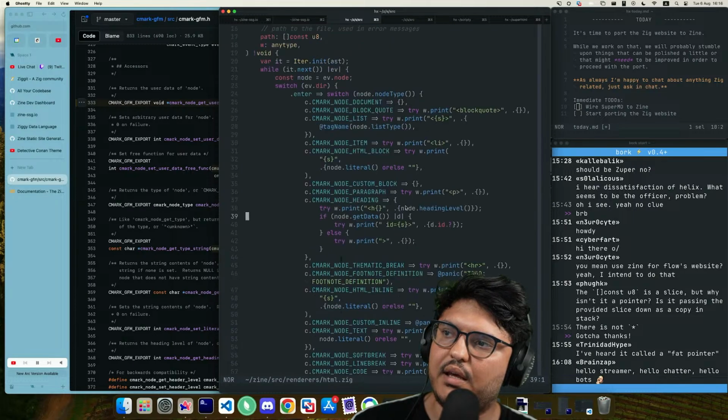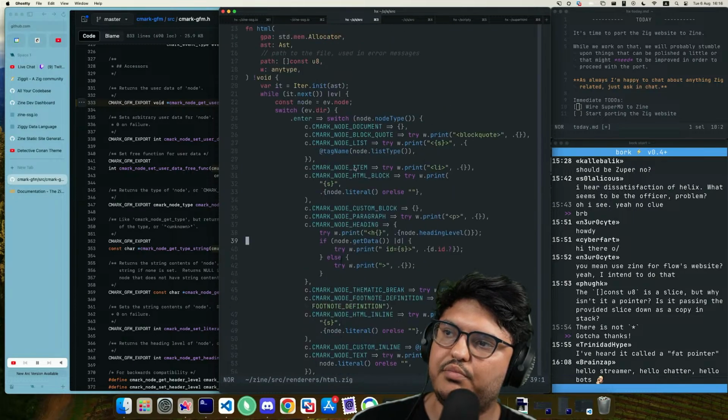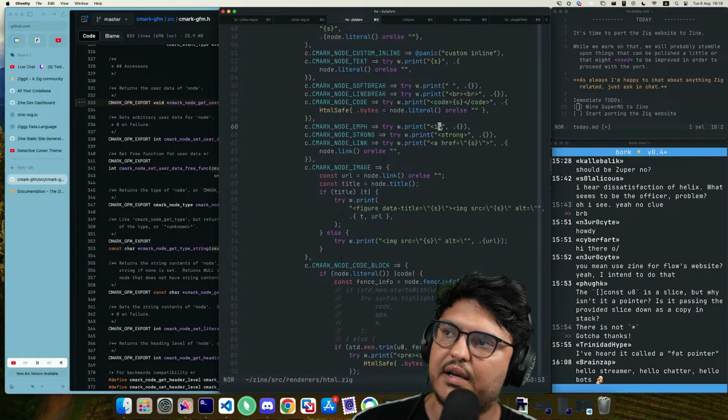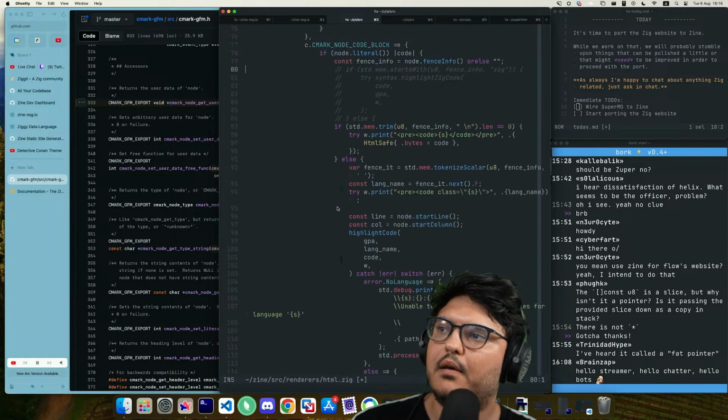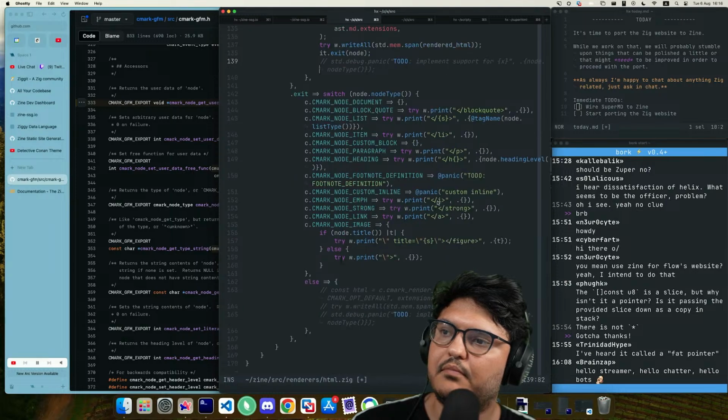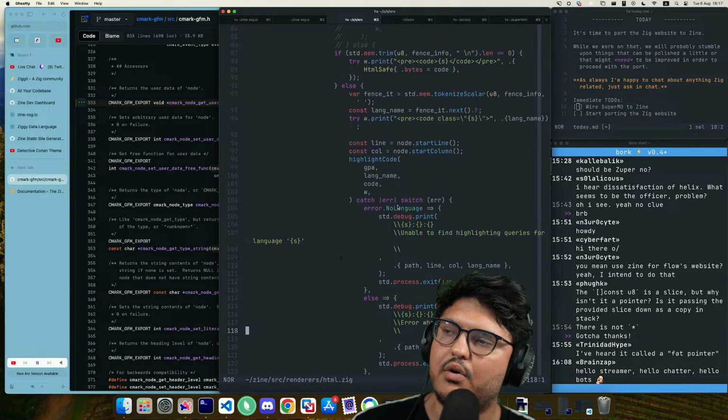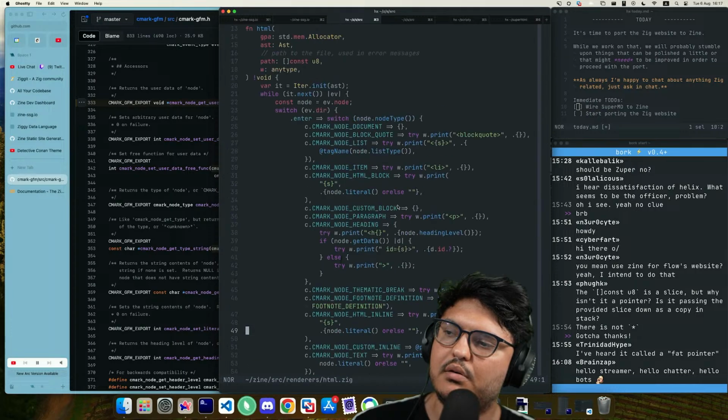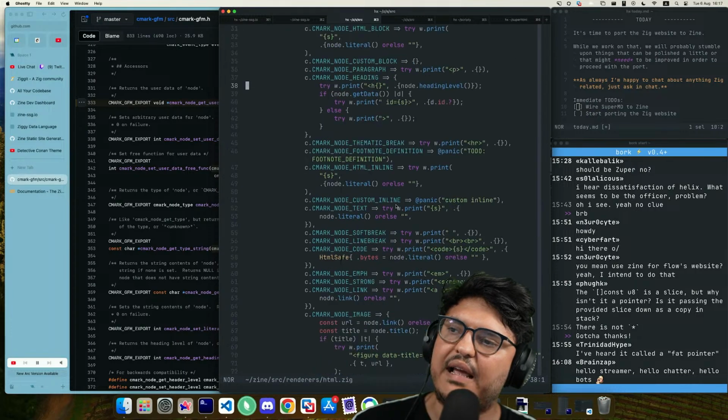Okay, another thing. People were saying that we should prefer EM over I for emphasis, which I'm fine with. Another thing that we should do is look at how this overly complicated node image thing works, where we open... You know, I feel like a moron.